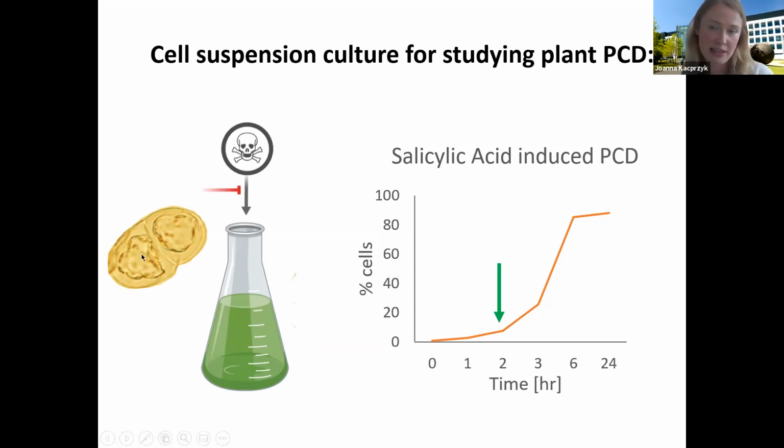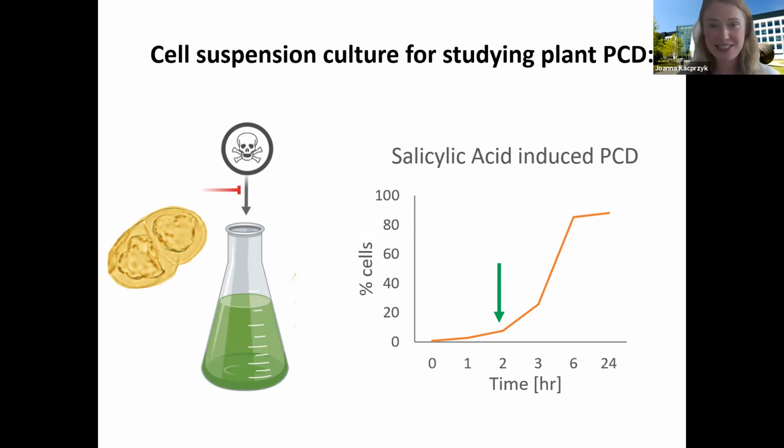This is how they look under the microscope. Two PCD cells from Arabidopsis. They have this morphology where the protoplast is retracted away from the cell wall, it's shrinking, and there is this nice visible gap between the protoplast and the cell wall. So as you can see, something very easily recognizable under the microscope, just a regular light microscope, no specialized equipment required.